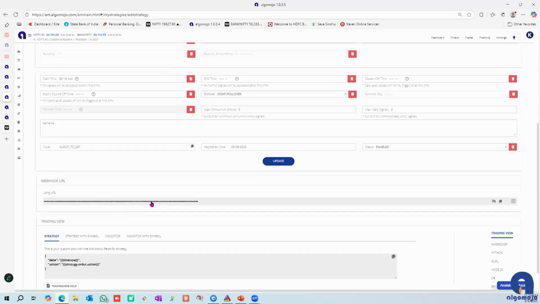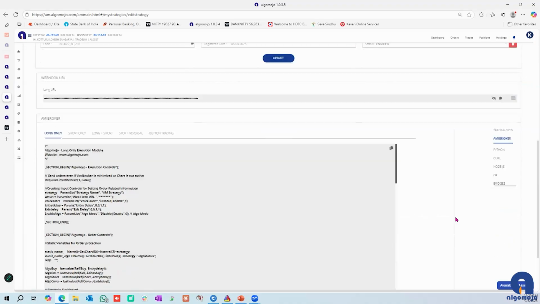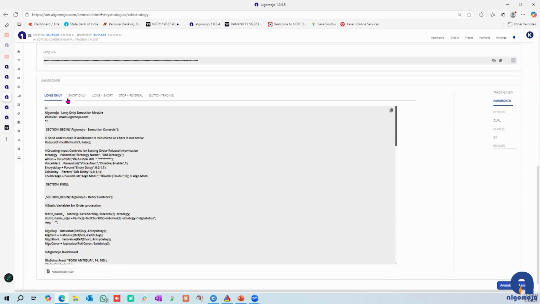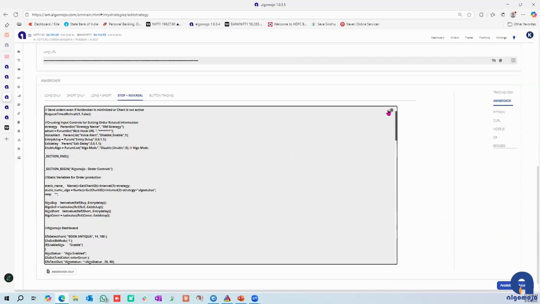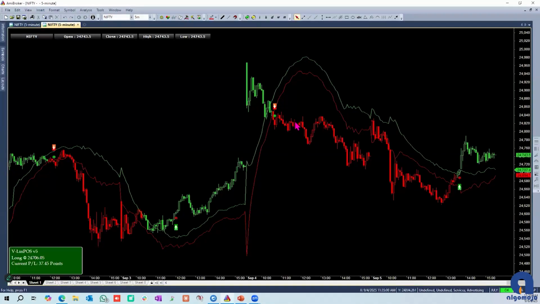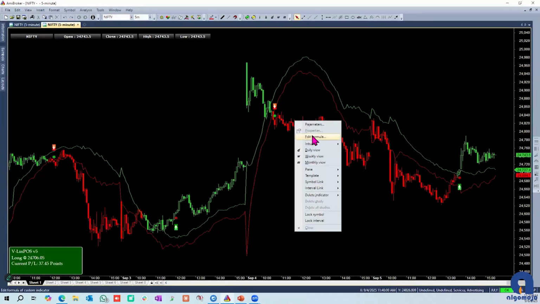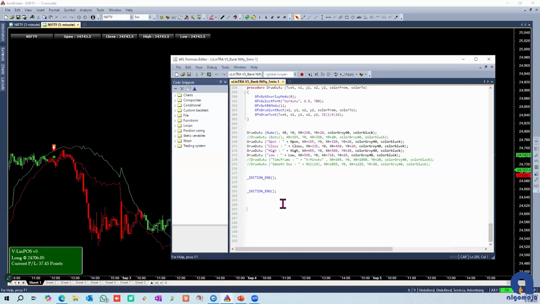So you copy this webhook here. Before that, you will need to load certain modules. If you go to the Amibroker section, there are these codes or modules that you will need to add. You can either save them as AFL and drag and drop, or you can copy this and paste it, for example, in the Amibroker code itself here. Open this code, go down and paste it here